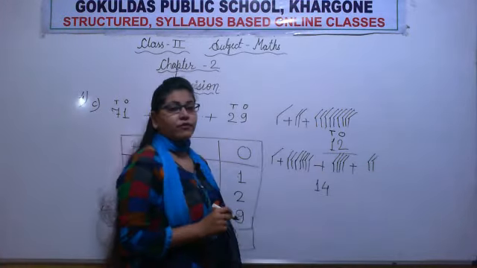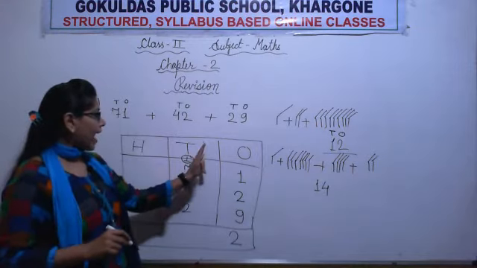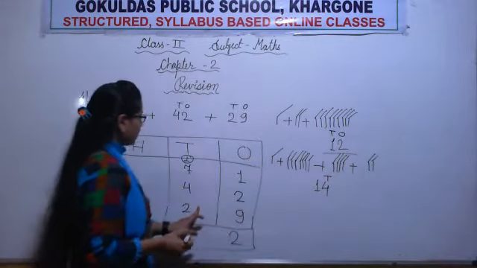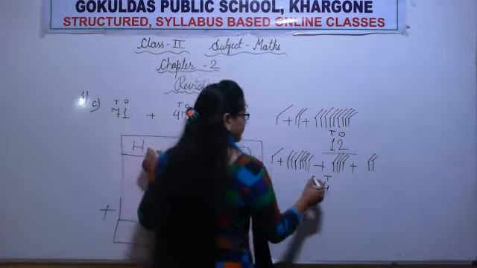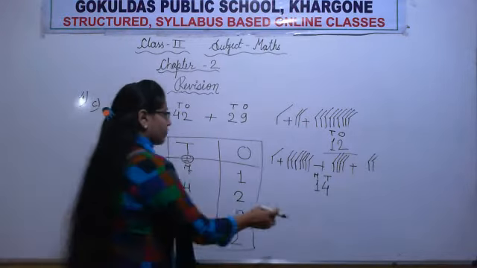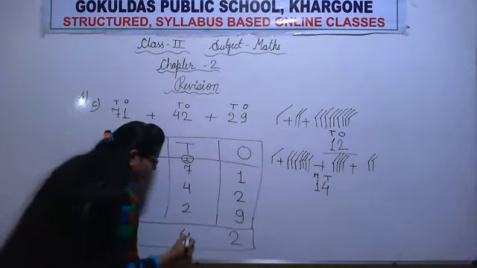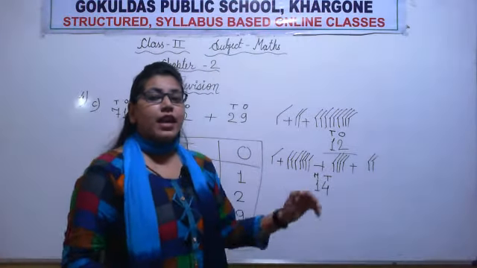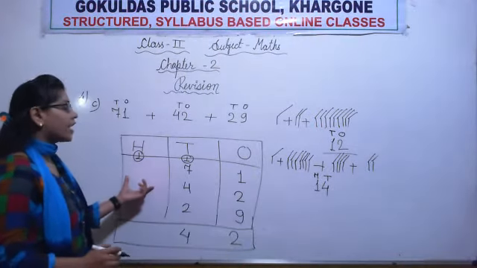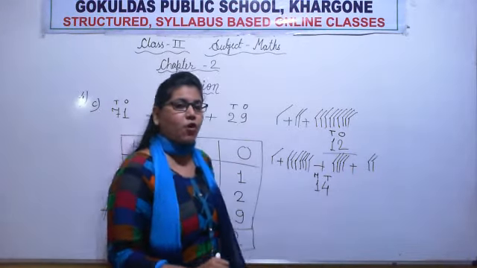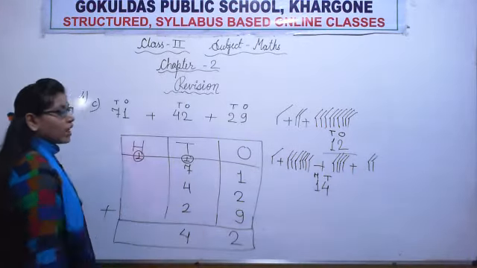See, again we got a 2-digit answer. We added tens, so we will write tens here. Now the next place which comes after tens is hundreds, so we will write hundreds here. So we will write this 4 in the column of tens and this 1 in the column of hundreds in the form of carry. We have learned this when we were learning regrouping. So what we did here is we regrouped that 2 digits because we can write only 1 digit here.